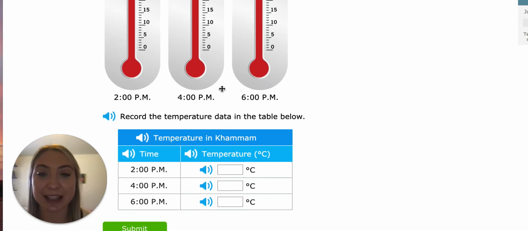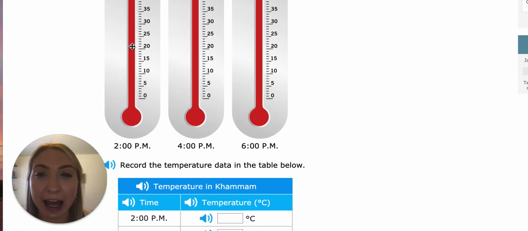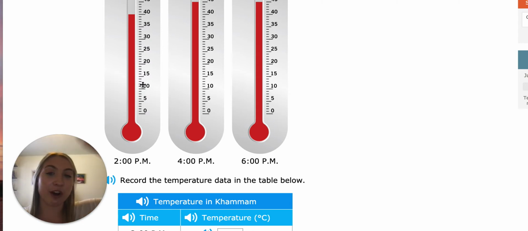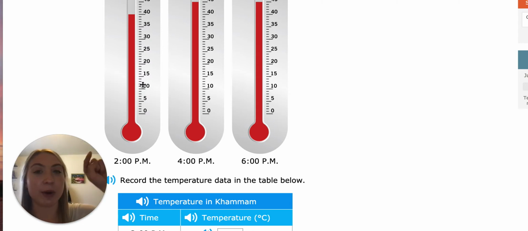So we're going to take these temperatures and match them. So 2 p.m. is here, so I have to write the 2 p.m. temperature here. So I'm going to the thermometer that is labeled 2 p.m., right here, and I am counting the temperature. So we see it goes up by 5, and then these little marks, so if it was 10 to 15, it is 11, 12, 13, 14, and then 15. So that's what the little line is, it's just like a clock, when our hours are the long lines, and then we have the ones that go in,